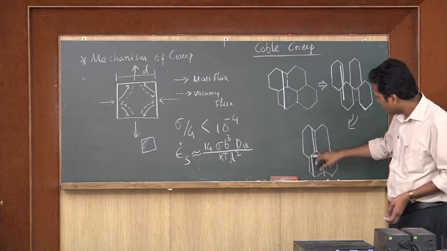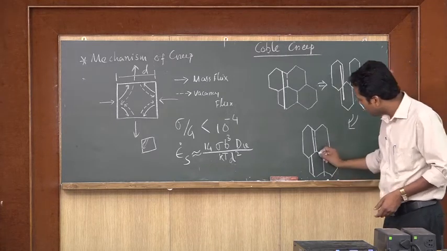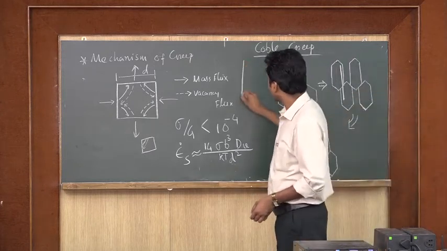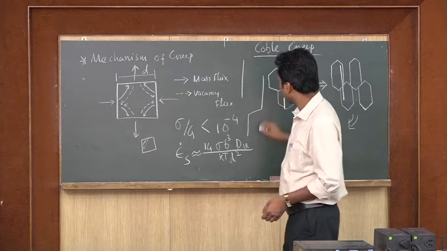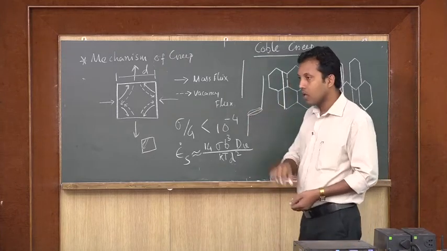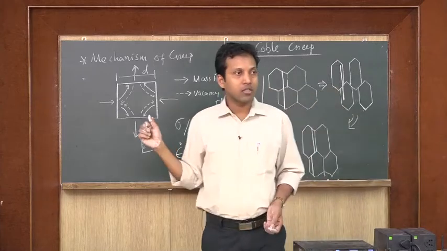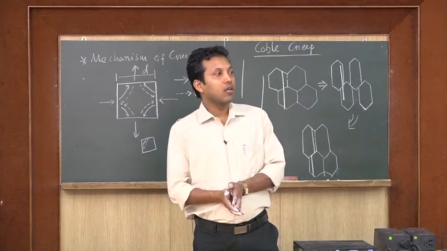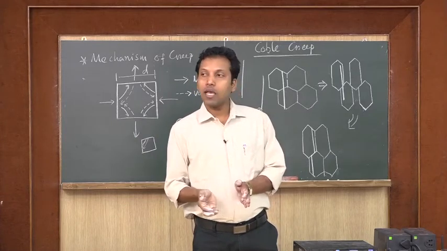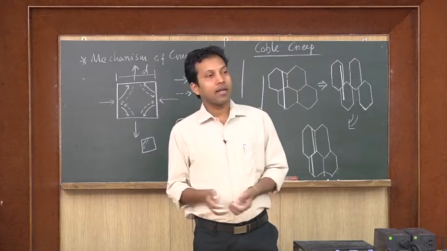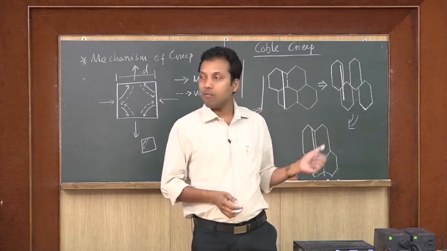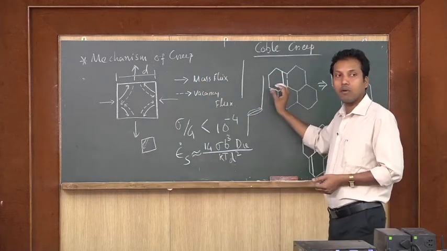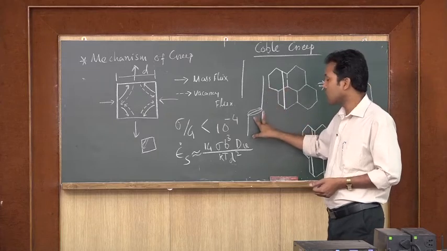So, what is the total distance travelled in the grain boundary? The straight line was like that, and now the straight line has changed in this manner. So, this much distance is finally the material's total deformation. Okay, do you follow this? In between stages we may have some lesser creep, but at the final stage, if I measure the total creep, this is the total deformation, only from the grain boundary sliding that has happened inside the material.